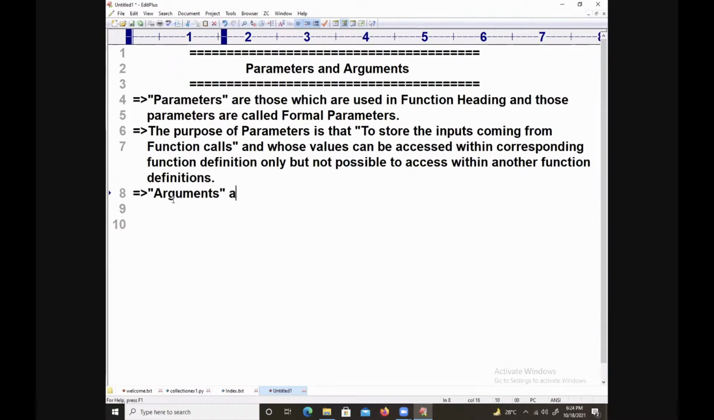Arguments are nothing but the variables or values. Variables are values, whatever it is. Arguments are nothing but variables or values used